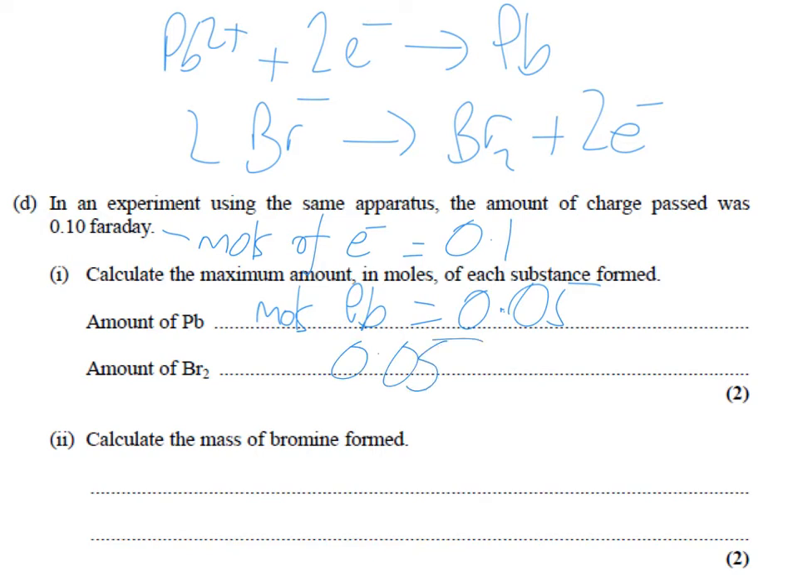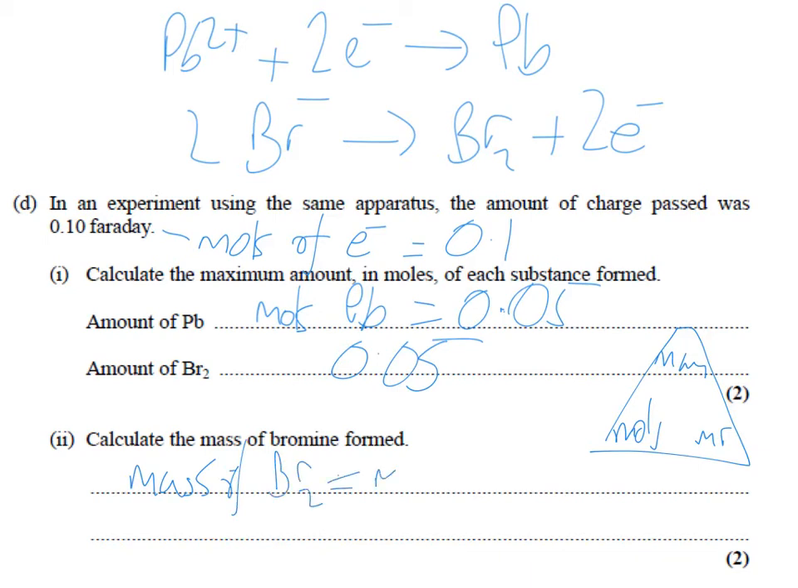And the question then finishes with calculate the mass of bromine formed. Well, we've got the moles of bromine, so we need to convert moles into mass. So hopefully you're remembering the equation, moles equals mass over Mr, or you might be remembering the triangle where we had moles, mass, Mr. So we'll have mass of Br2